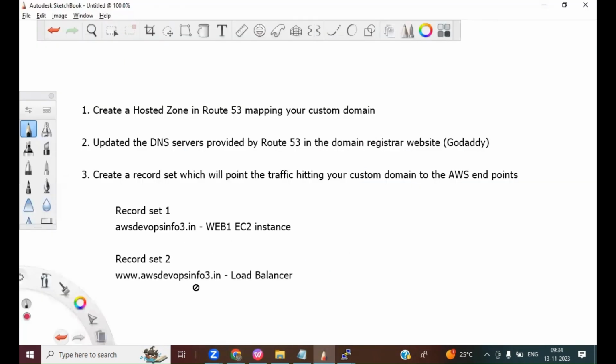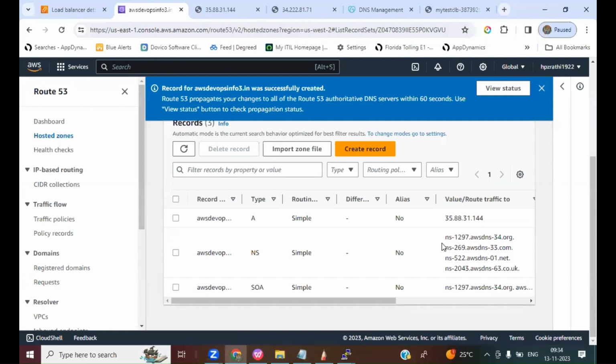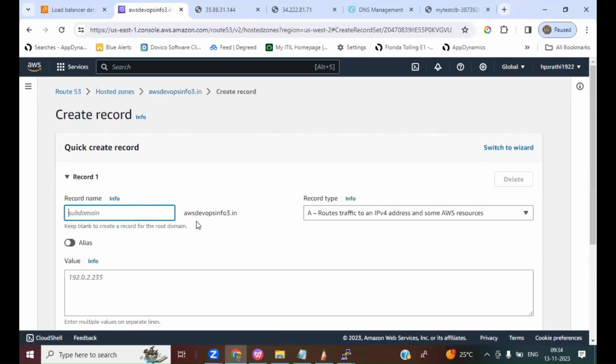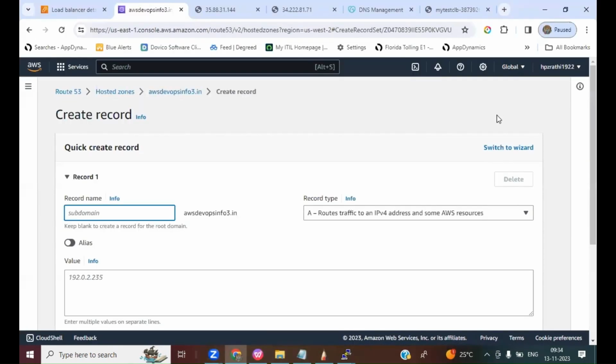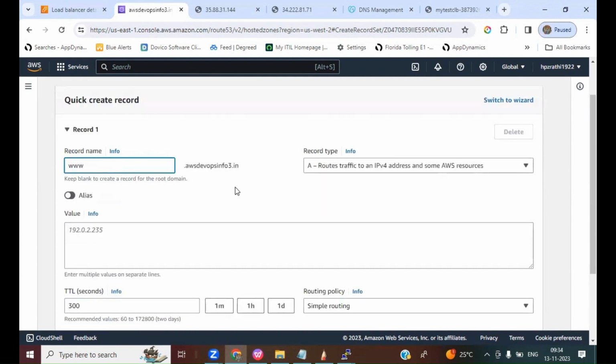Now let us create record set 2 to route the traffic to the load balancer. I click once again on create record. Here for the load balancer it is www dot, correct? That is a prefix, so I will say www dot. So when the end user hits